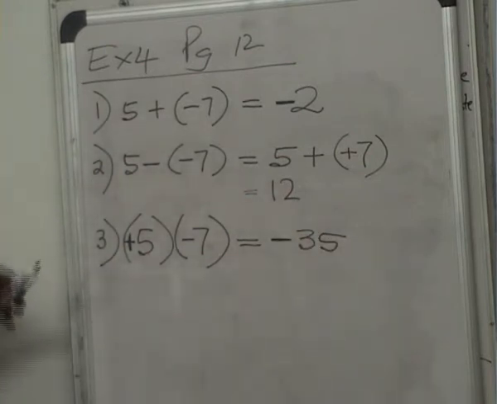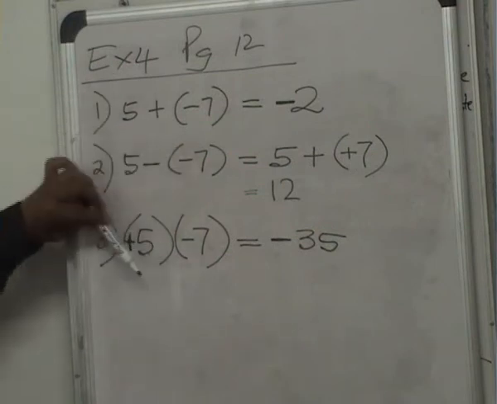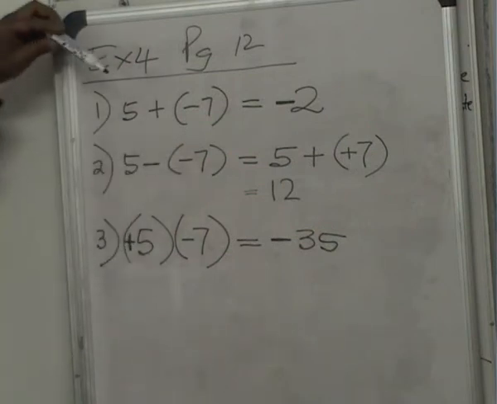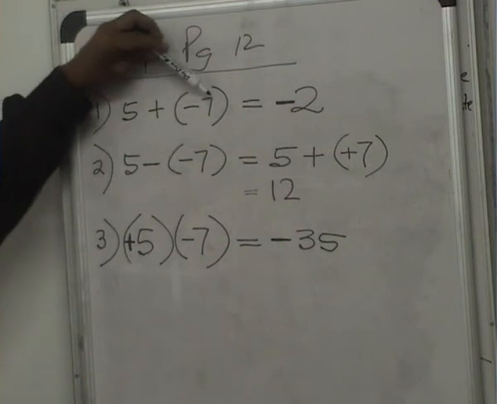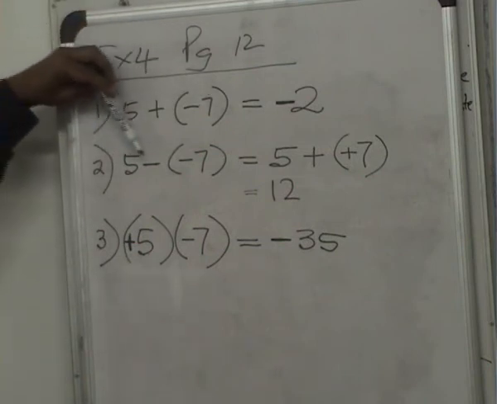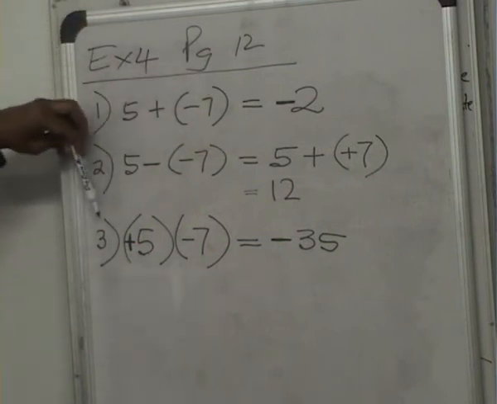Now, watch these 3 examples. The numbers are exactly the same, but the operations are totally different. This is an addition example. This is a subtraction example. This is a multiplication